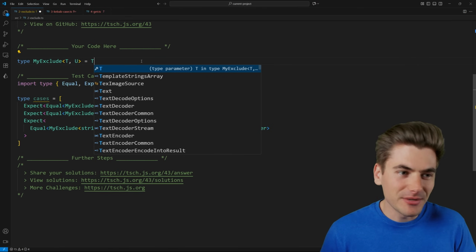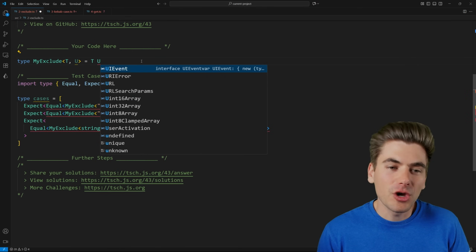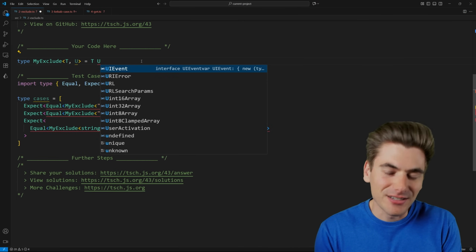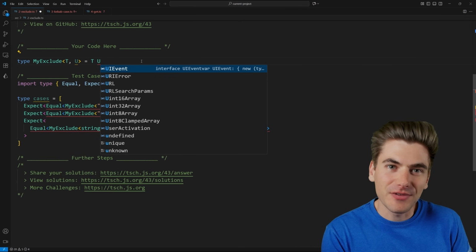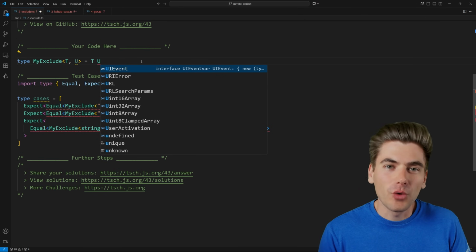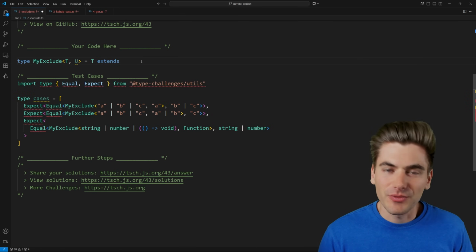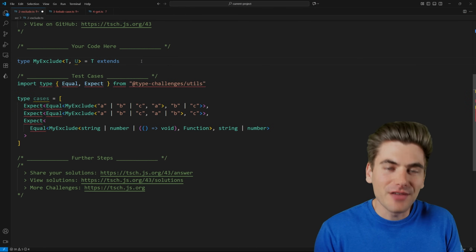Essentially, we have this type T that we know has a bunch of different things, and we have another type called U that we know is a subset of our type T. So we just want to figure out what is in U and remove that specifically from T. Now in TypeScript, whenever you want to do an if statement, that's always going to be done using an extends keyword. So we can say T extends right here, and this allows us to actually dive into what is